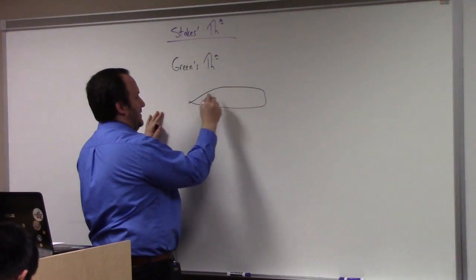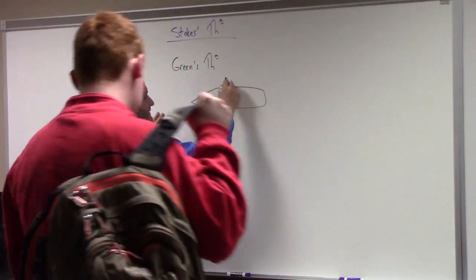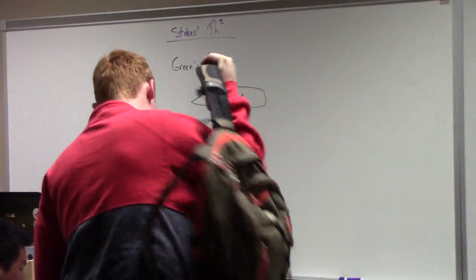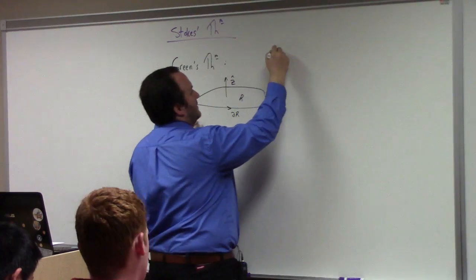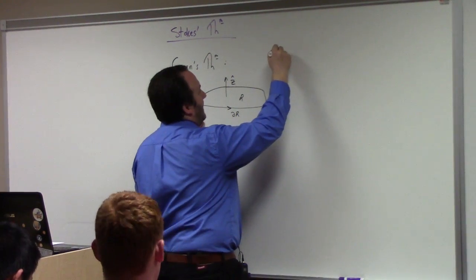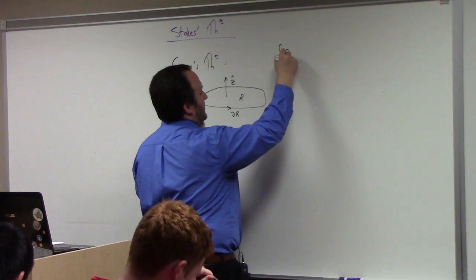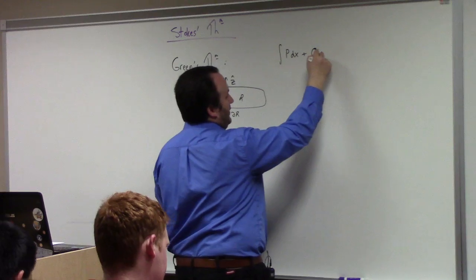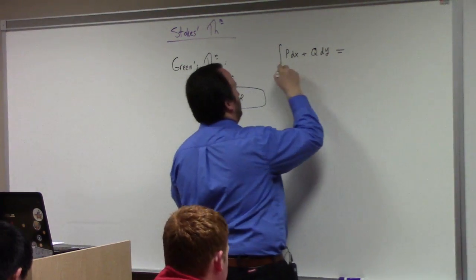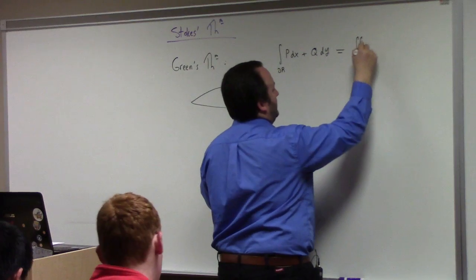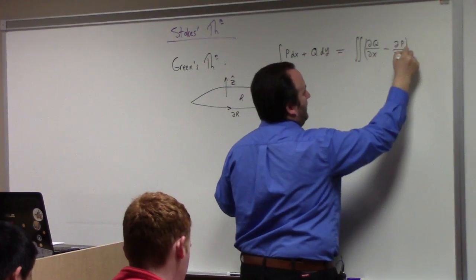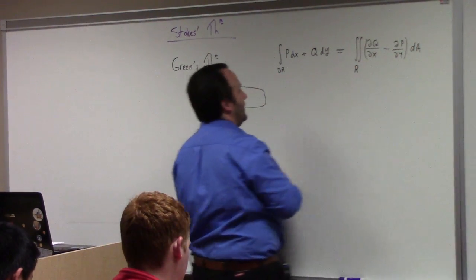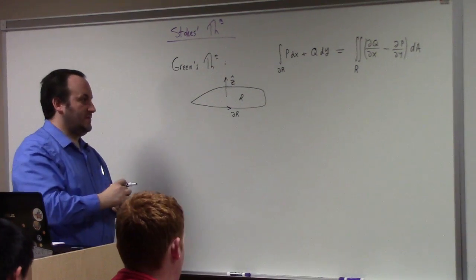So here was z hat, right? This is R, the boundary of R. And what did we have? It was the integral of P dx plus Q dy over the boundary of R, is equal to the double integral over R of partial Q partial x minus partial P partial y dA, right? So my question to you would be, what if